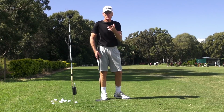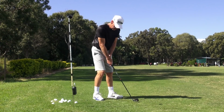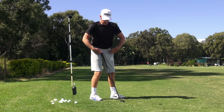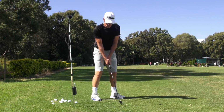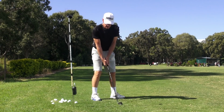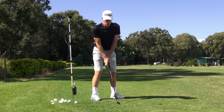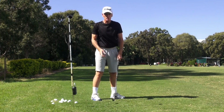Yeah, so the predominant problem with you is just how you're setting up. Even when you backcock here, you backcock and you go like that. When you backcock, you've got to roll this way. You can't just backcock and push those hips that way. Once you start going that way, everything goes that way. It just keeps rolling and tipping that way. And if you just do it really slowly,